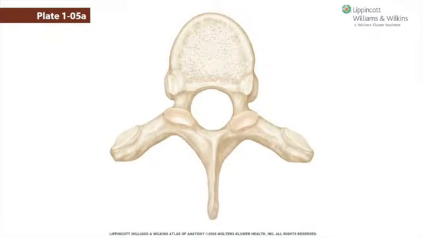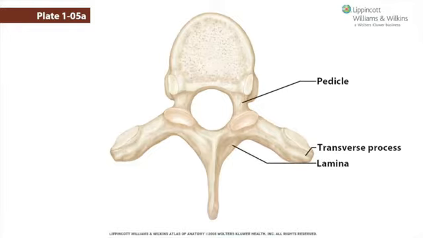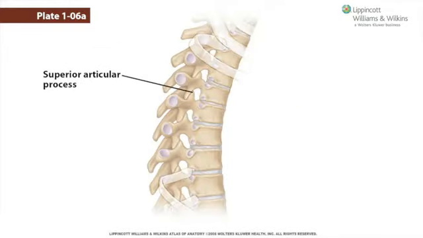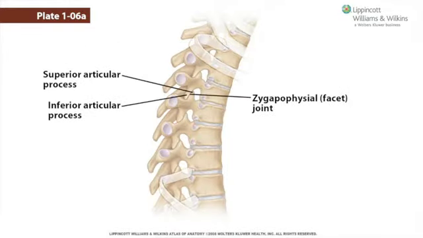Projecting posterolaterally from the junction of the pedicle and the lamina is the transverse process. The spinous and transverse processes serve as attachment points for muscles that act on the vertebra, the skull, and other bones. The superior and inferior articular processes are vertically oriented extensions originating from their respective surfaces of the posterior arch at the junction of the pedicles and lamina. Each superior and inferior pair forms a zygapophyseal or facet joint, which is a synovial joint that helps keep the